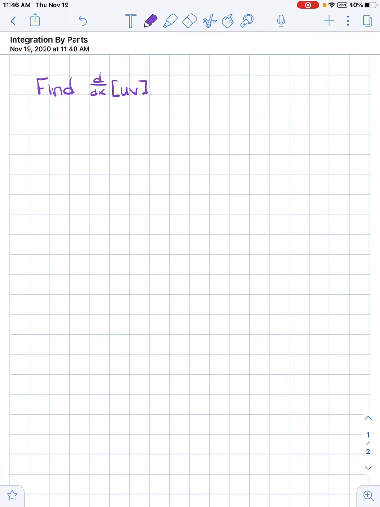Right, in this video we're going to talk about a method called integration by parts. It's basically undoing the product rule, or if you've got two things being multiplied together, how do you find that antiderivative? So let's look at the product rule just as a review, where if we find the derivative of u